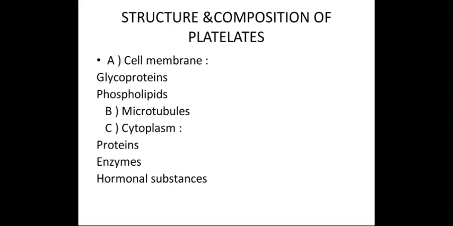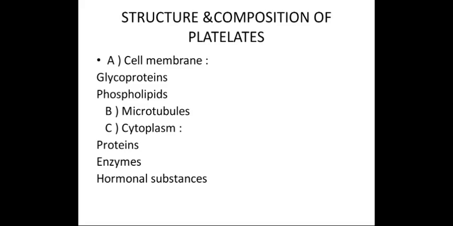It is a potent mitogen for smooth muscle fibers of the blood vessels. Fifth, platelet activating factor. It causes aggregation of platelets during the injury of blood vessels. It results in prevention of excess loss of blood. Sixth, vitronectin. It promotes adhesion of platelets and spreading of tissue cells in the culture. These are the proteins present in the cytoplasm.